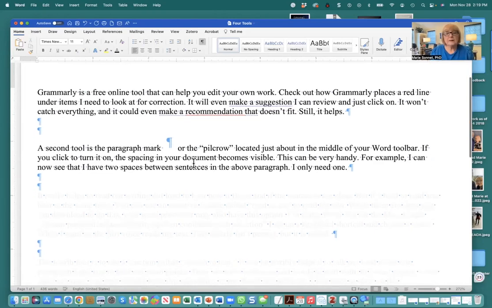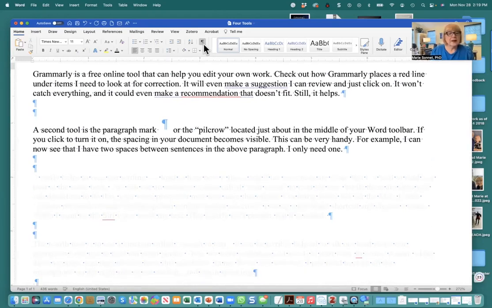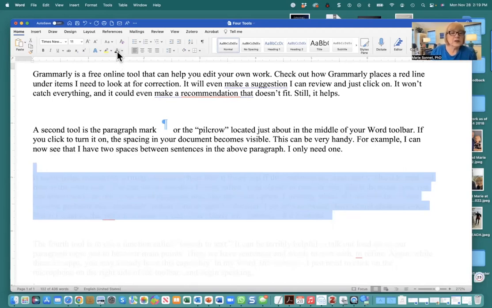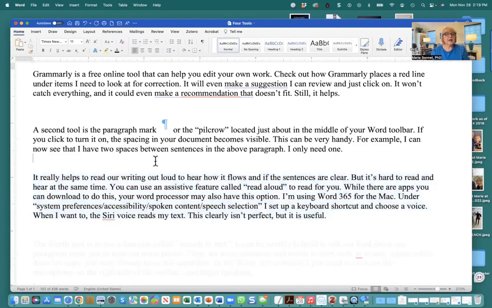So using the Pilcrow function is pretty neat. You can keep that on while you're writing and just notice as you go along if there are any issues with your spacing. My third tool helps to automate a really good technique, and that is to read our writing out loud or have someone read it to us to see how that text flows and if the sentences are clear. But it's hard to read and to hear at the same time